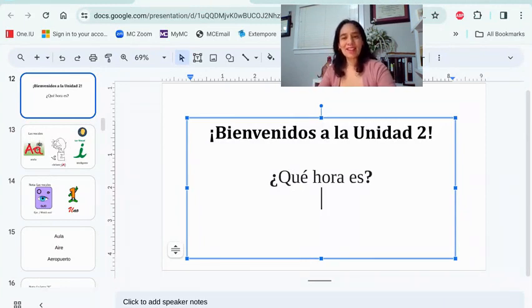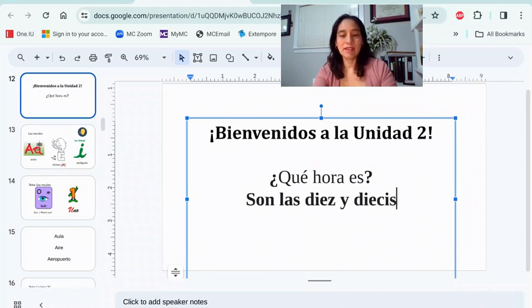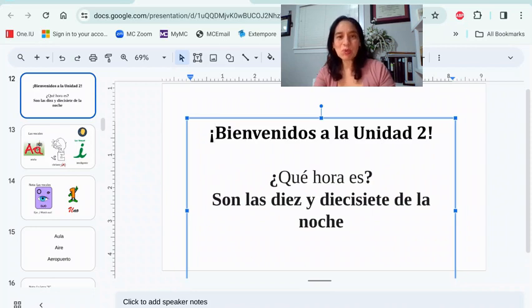¿Qué hora es? ¿Qué hora es? Son las 10:17 de la noche. I hope that by now you have noticed that in español, when we use exclamation points,